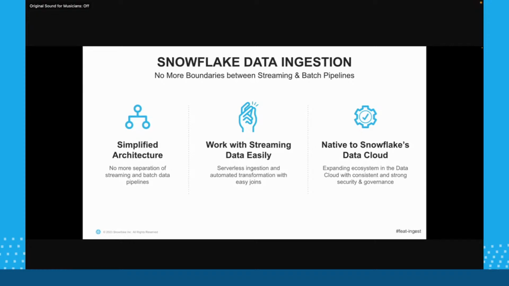On the slide, you see something written like security and governance. It is very, very important for all data engineers to understand and implement security and governance. Snowflake has a bunch of features provided out of the box to implement all the security and governance requirements. And because this streaming is native to Snowflake, all the security and governance features come into action the moment you talk about streaming within Snowflake.